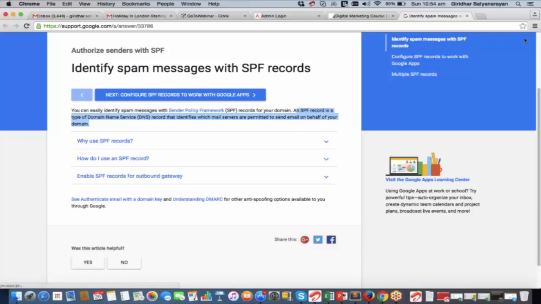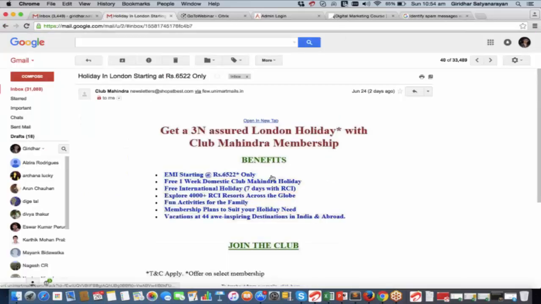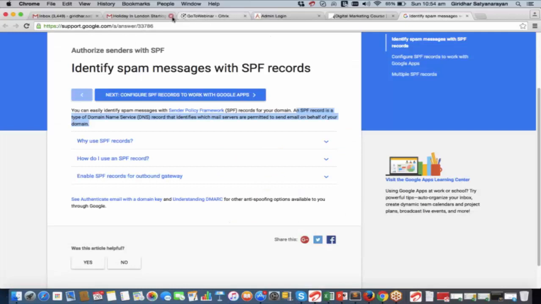Okay. So that is about SPF records. So yeah, you can authorize a different domain to go ahead and send emails for you. And that is the reason we always say register a separate domain apart from the main domain to start sending emails, because you do not want them to be blacklisted. Okay.